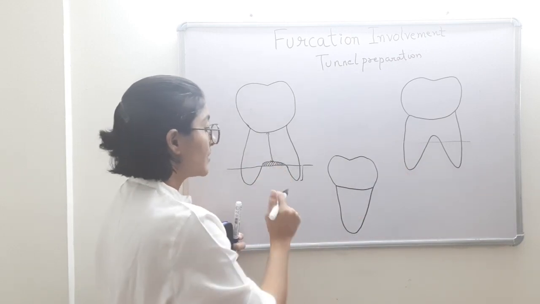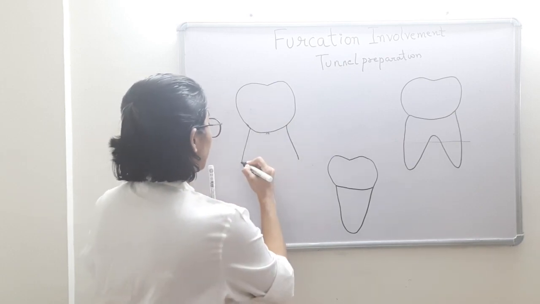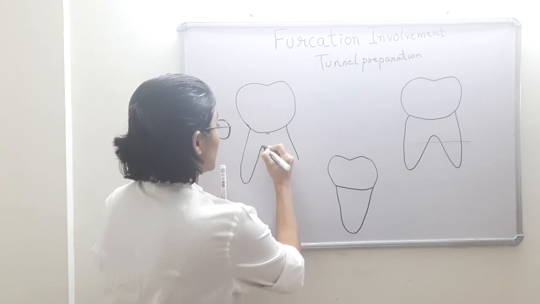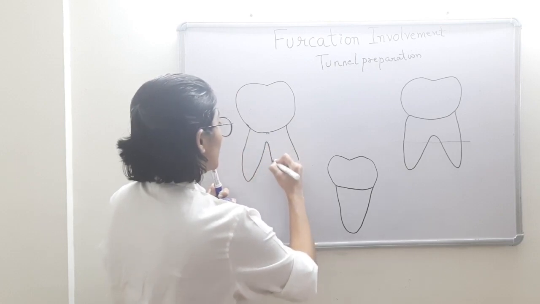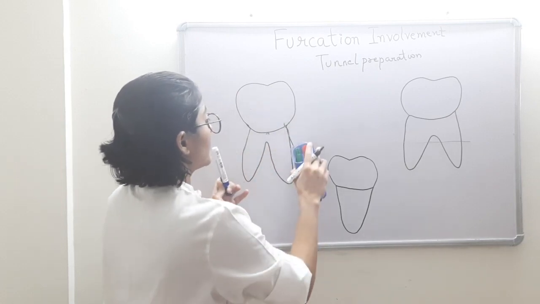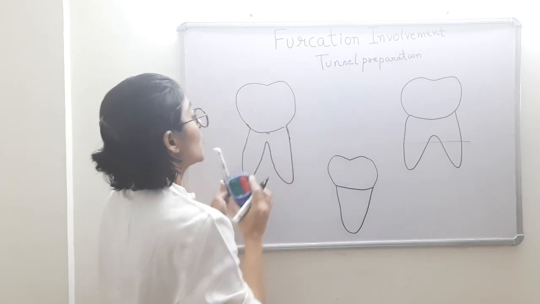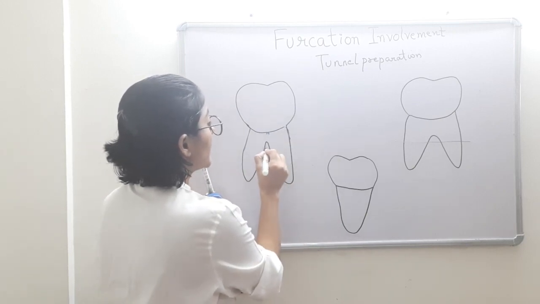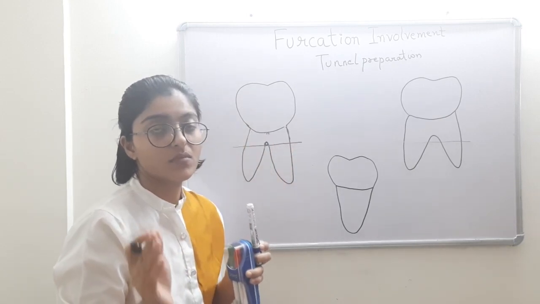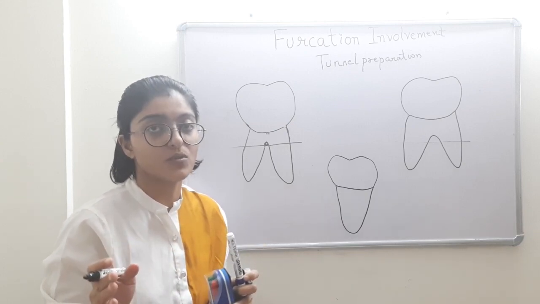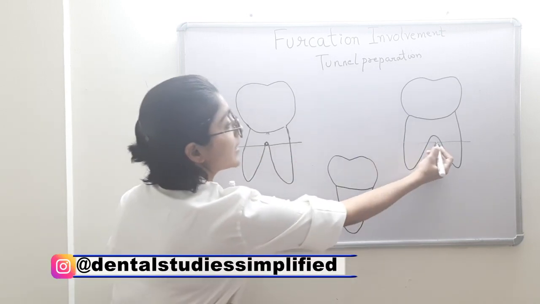Talking about the divergence, let's say even if we have a short root trunk, but we have a narrow angle of separation. In this case, even if we perform tunnel, this tunnel is too narrow to maintain. That is, on a daily oral hygiene maintenance procedure by the patient, this tunnel would be too narrow to maintain, and that is why we want a wider angle of separation.